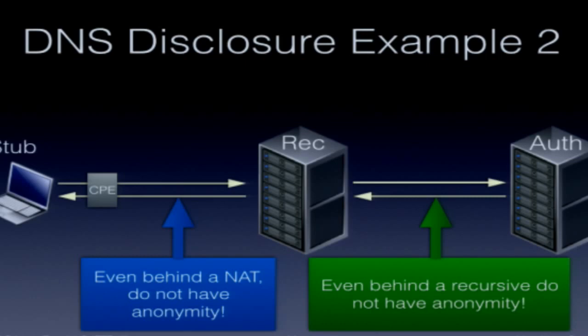So what this really means is, even when you're sat at home, you're behind a NAT and you think you've got anonymity, you don't necessarily. And even though you're behind a recursor and you think you've got anonymity, you don't necessarily. And both of these were done originally with non-standard options. Some of them are now coming through the standards process, but there really wasn't anything to stop organizations doing this because people were happy to sign up to the services, which sounded great.